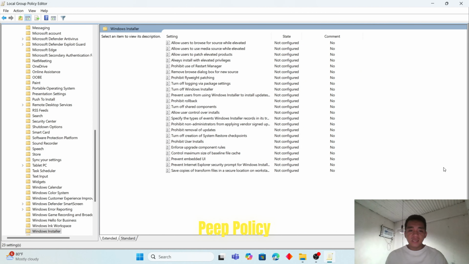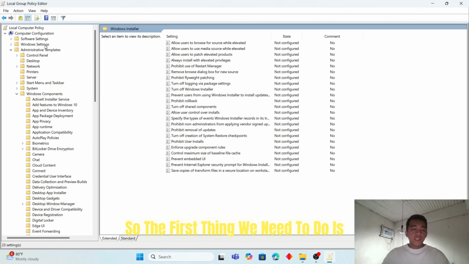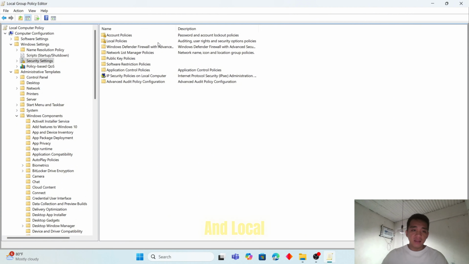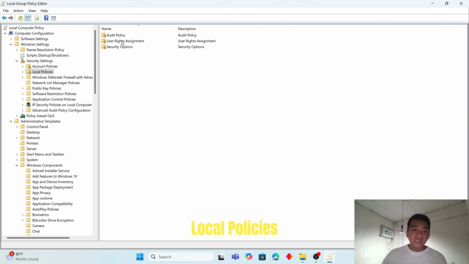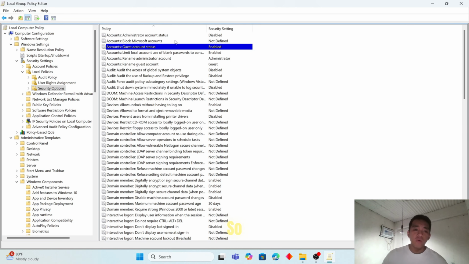For the fifth policy, we're going to disable the guest account in our computers. The first thing we need to do is go to Windows Settings, Security Settings, Local Policies, and Security Options.